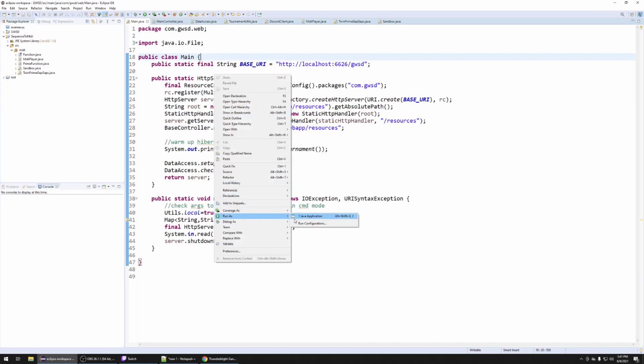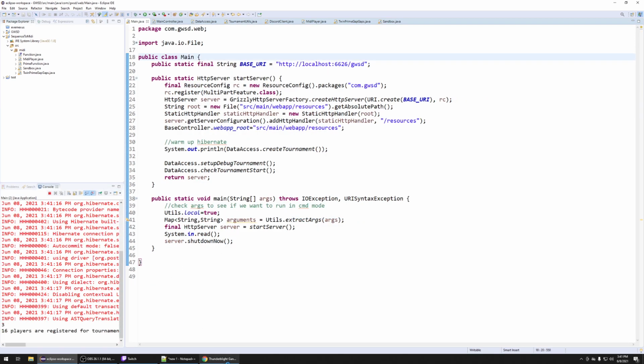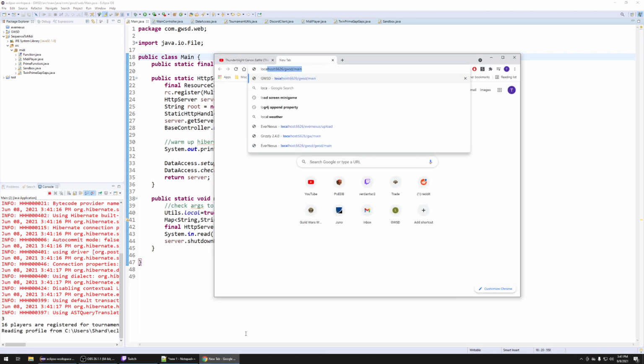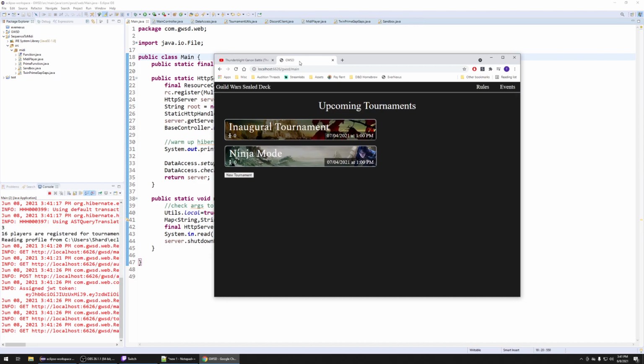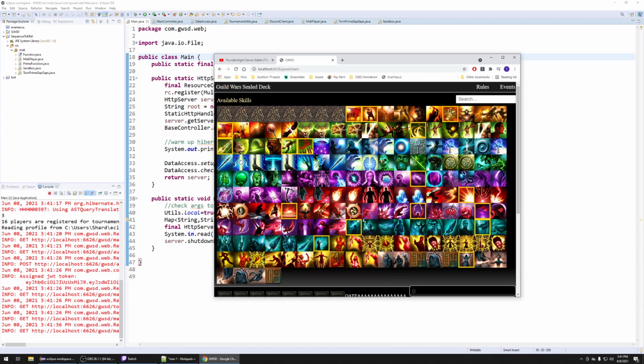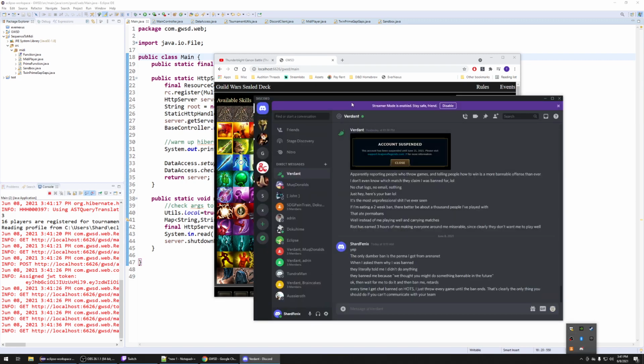So I've made a Guild Wars sealed deck generator. So it'll list some tournaments. And then if you're in a tournament, which I am because I've debugged it, in a few seconds it should pop up for me. Is Discord muted? Oh, it is. Okay. But anyway, when the tournament starts, it will